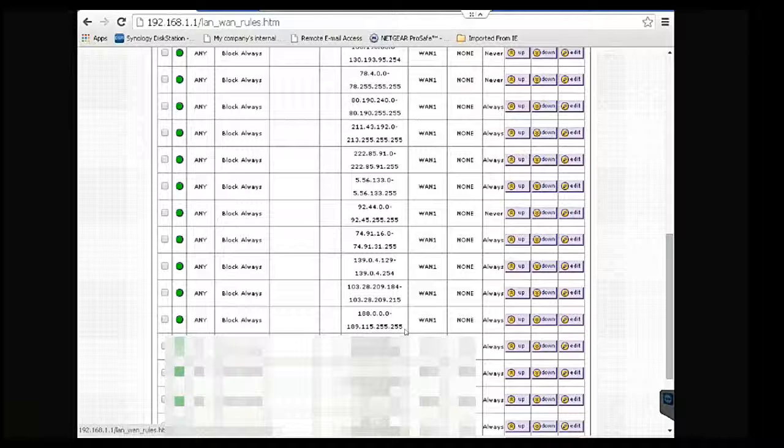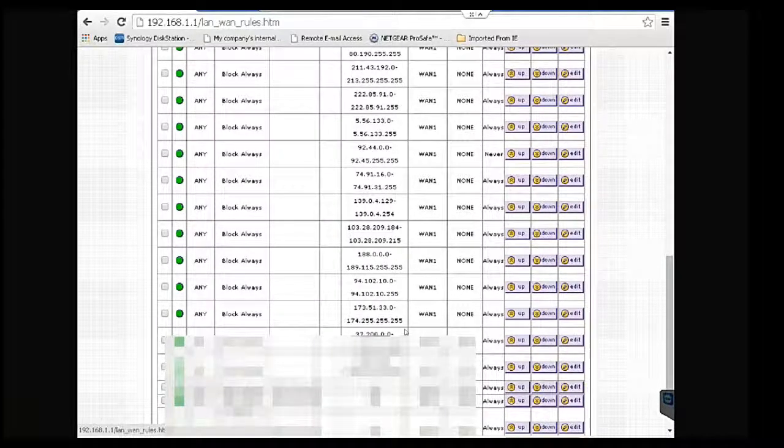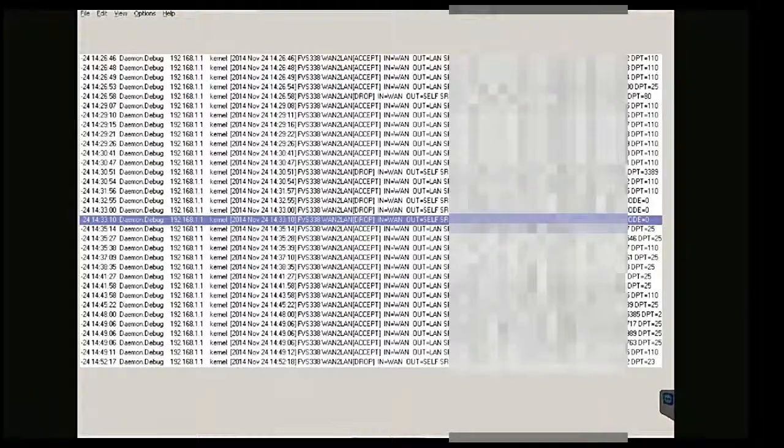But at the same time, I know that these are the ranges of the bad guys that are trying to get in. They're coming from here. You just saw I have a 182 block, and you saw a 183 come in. That's a perfect example of a compromised subnet that doesn't stop attacking. In that case, that's your only recourse. If you're doing IT on the cheap, this is what you've got to do.